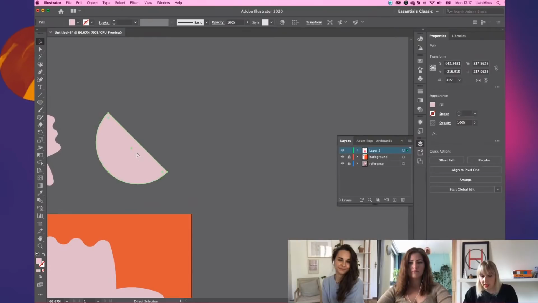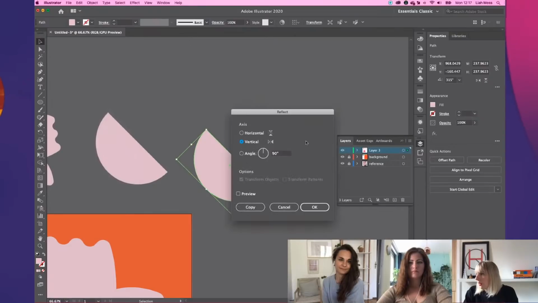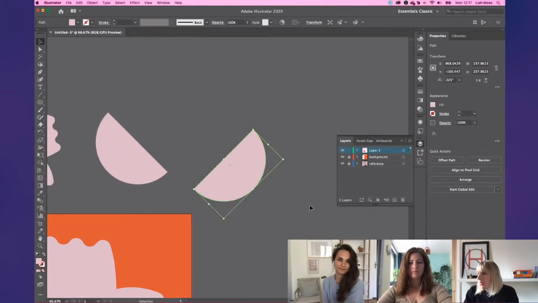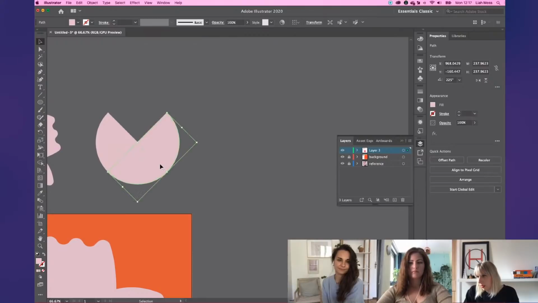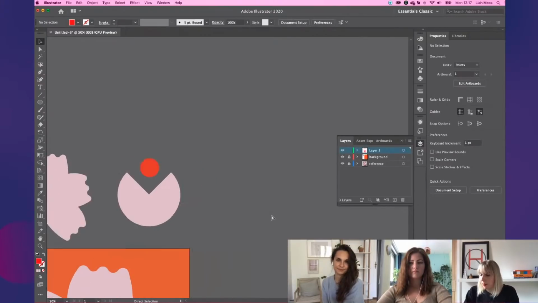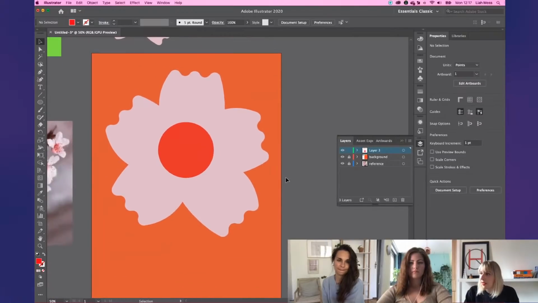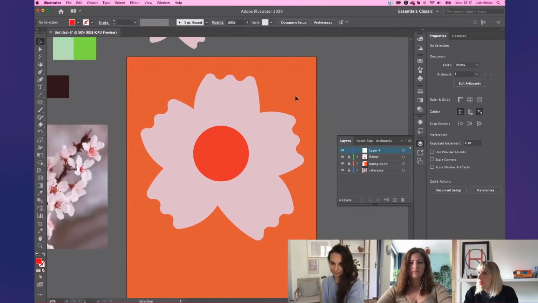And then if I want to copy and paste that, I can go up to Object, Transform, and Reflect to flip that over, make sure that vertical is selected, and then it copies it over like this. So this might be a simpler flower, something a little bit more abstract. And then I also want to add some text. So I'm going to call this my flower. And then I'm going to create a new layer, and I'm going to go to Adobe Typekit. So I'm going to go up here,